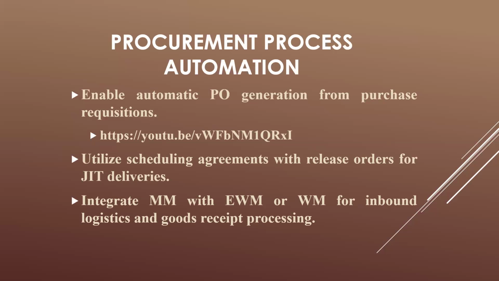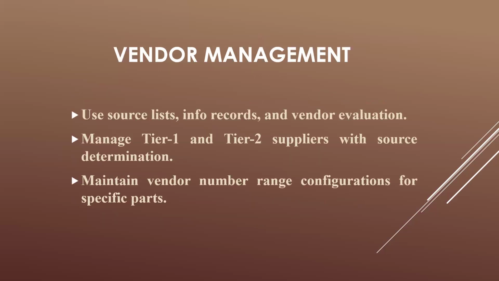If there is any packaging involved, create a packaging material. If it is external, create an external packaging material number range. If it is internal, create an internal number range for packaging material. Whether it is internal or external, get the sign off from the stakeholders or from the business. And the same for the vendor master number range, material master number range, and info record number range: get all of them signed off